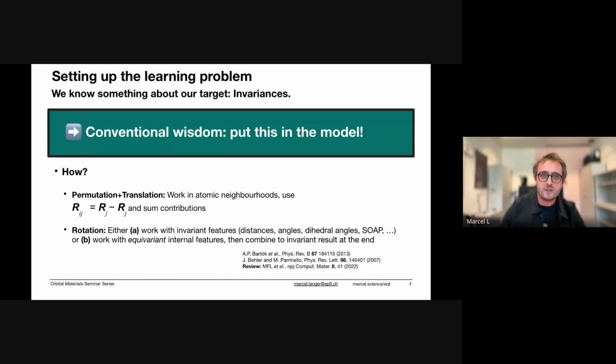And then at the end, for predicting a scalar quantity, we typically reduce these equivariant features back to a scalar and predict something like the energy. This is all very elegant and mathematically exciting. However,